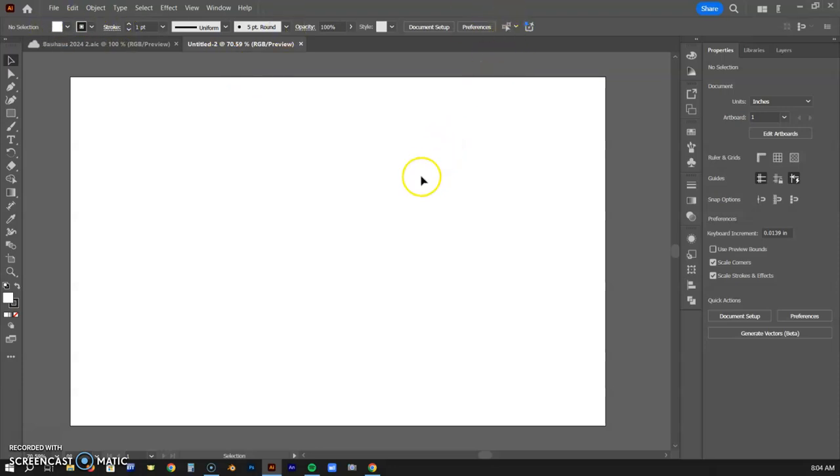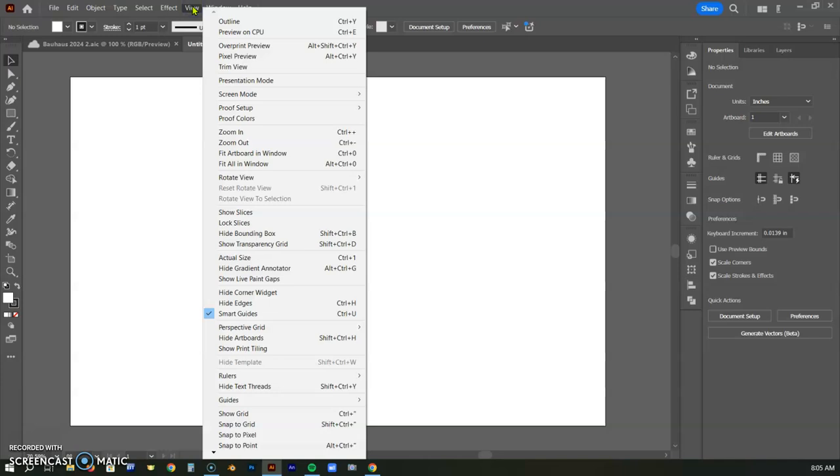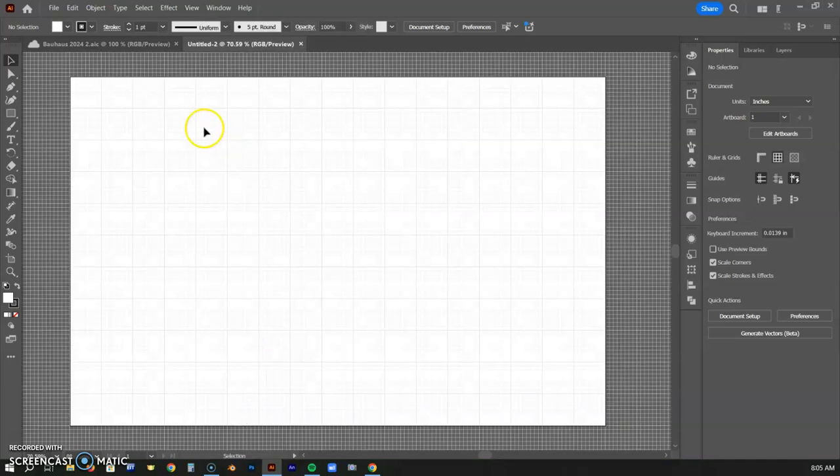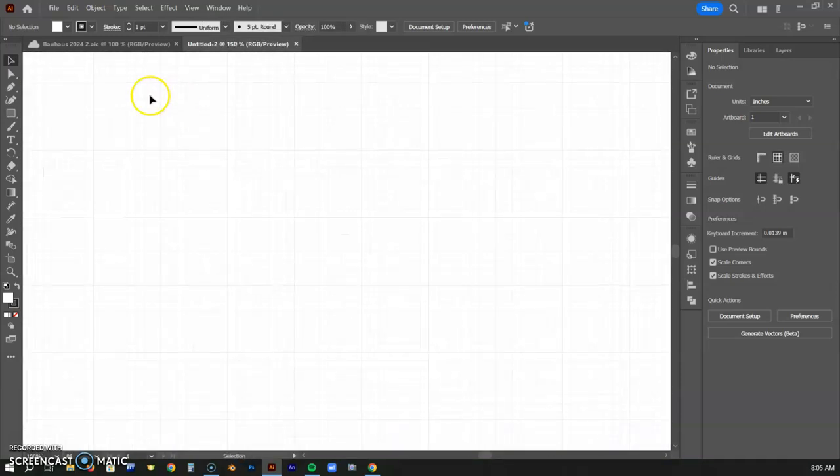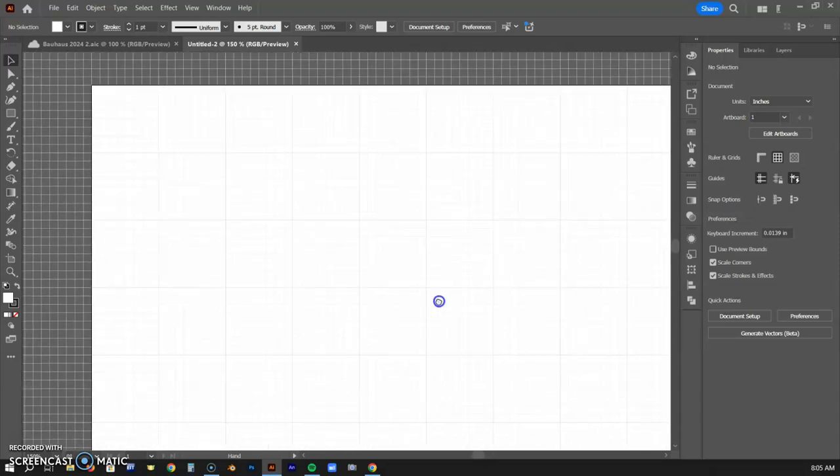All right, first things first, let's go ahead and get a grid set up here. I think the grid is going to be extremely helpful for us. So we're going to go up under View, and we're going to go down to Show Grid, and I'm going to leave the default settings. The default settings, if I zoom in here a little bit, on this grid are 1-inch grid lines. So these bigger grid lines are 1 inch, and then you have 8 separations in between. I think that'll be good to start making our blocks and our tiles,